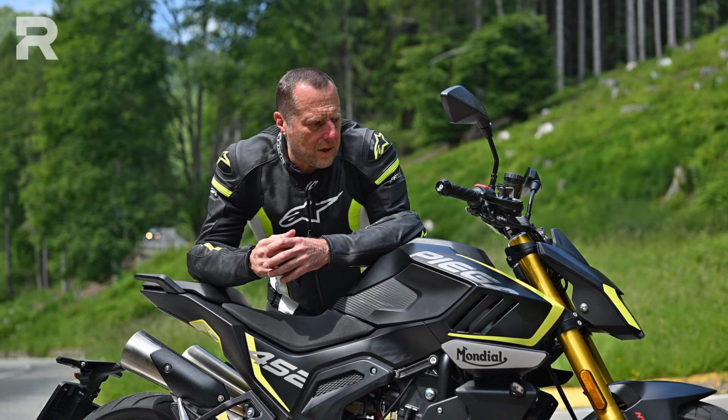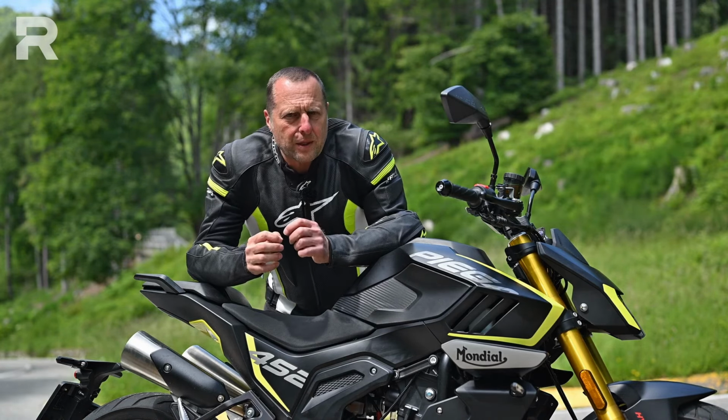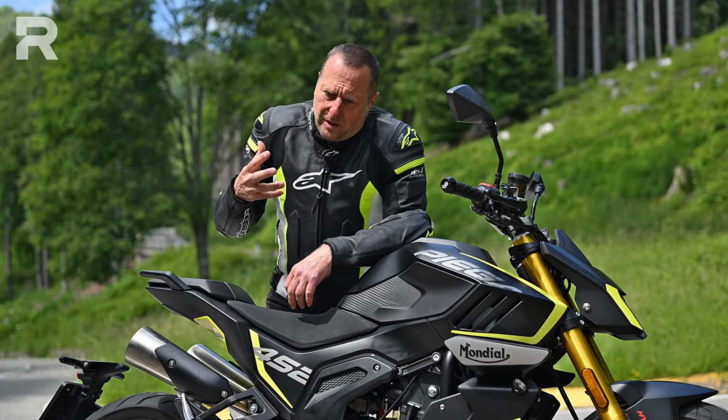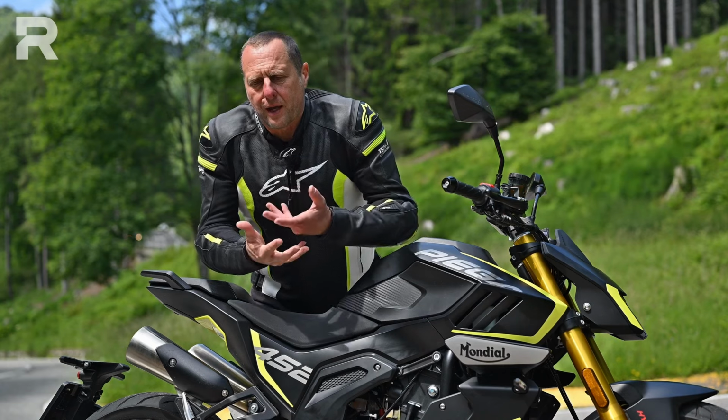In the second part of the curve, I would like a fork that continues to compress all the way to the end of its travel, providing better handling. This is because obviously when the asphalt is smooth and flowing, there are no problems. However, when there are some small potholes or the asphalt is damp, as we found this morning, having a fork that works all the way to the end helps to give a bit more feeling on the front tire,